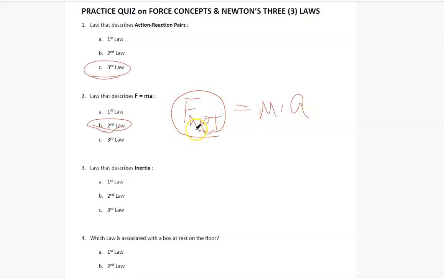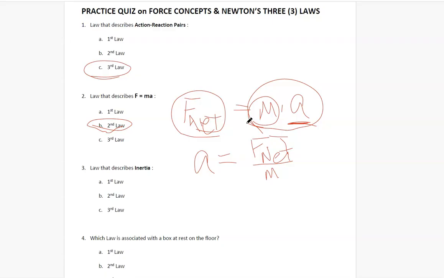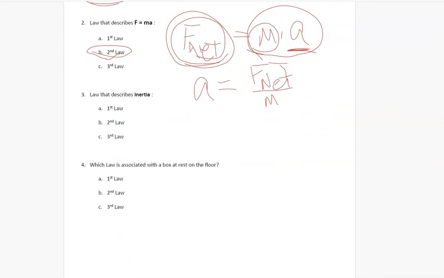If you have a certain net force on a certain mass, it will cause that mass to accelerate with an acceleration equal to a. And you can rewrite that formula as the acceleration equals the net force on the object divided by the mass. So you'll have to determine the net force on the object and divide that by the mass to get its acceleration. Or if you're given the acceleration, you can multiply the mass by the acceleration and get the net force on the object. All right. Okay, looking at number 3,